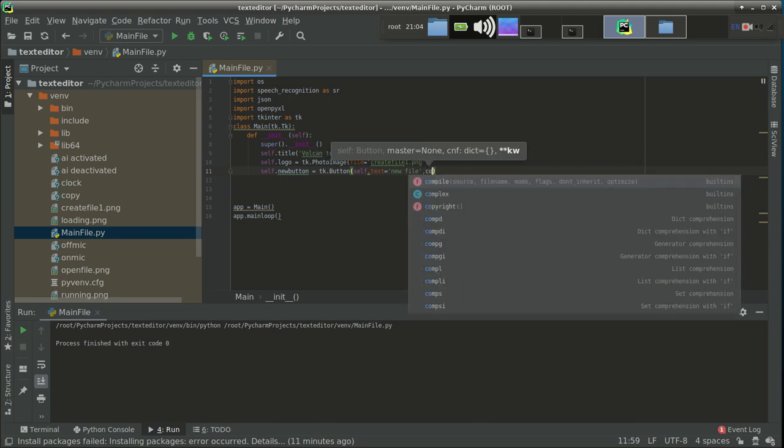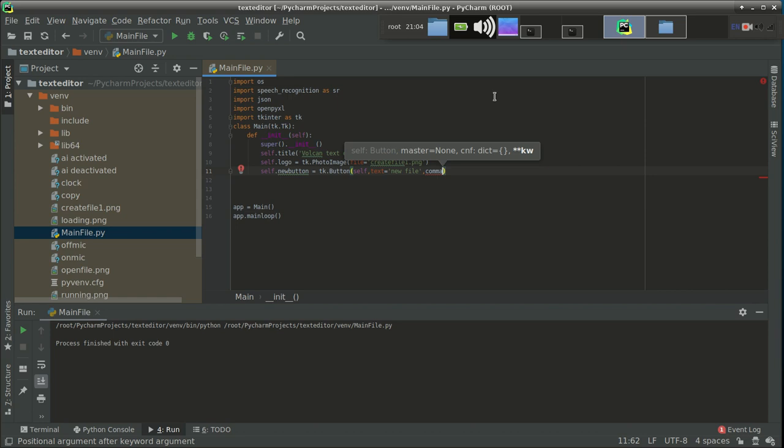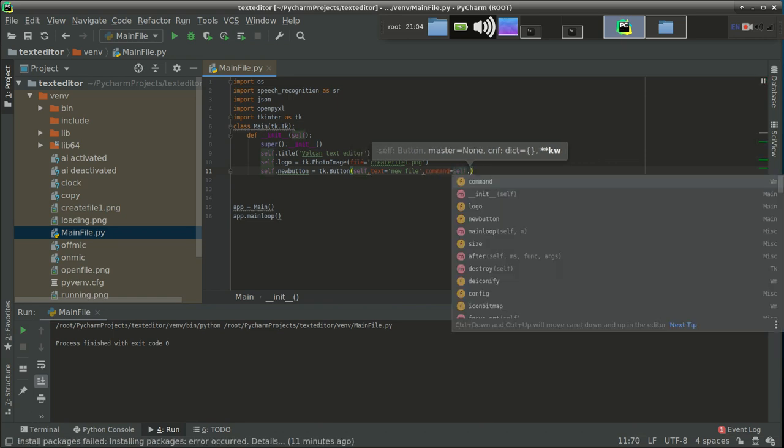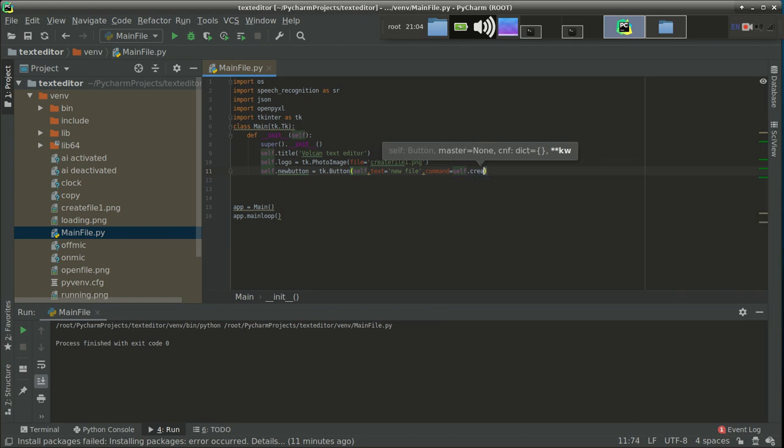Now the command which will be performed after the user presses that button. Command will be self dot create file.